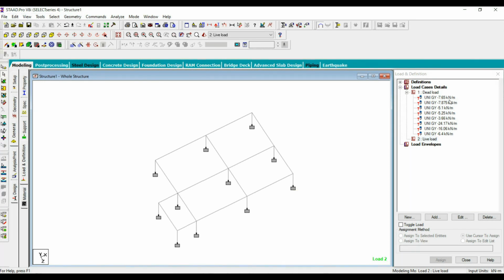So here we need to apply this load. This is the load for 9 by 18 inches beam depth. This is wall load, but we need to subtract the beam depth from the floor height and then calculate. So I'm applying only on outer area.